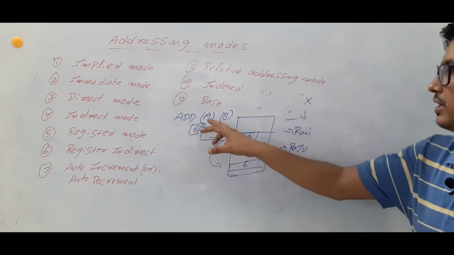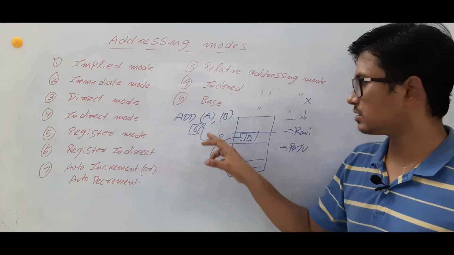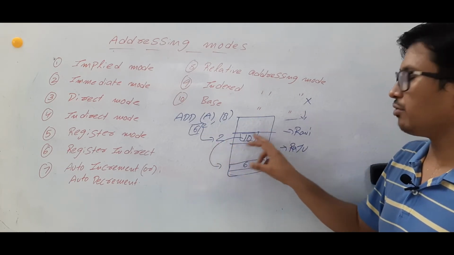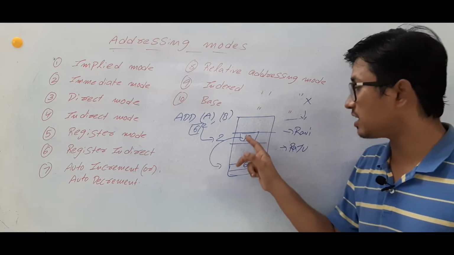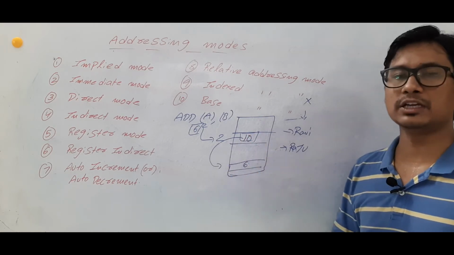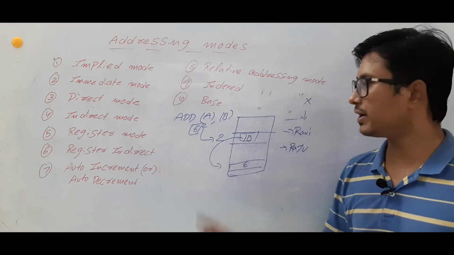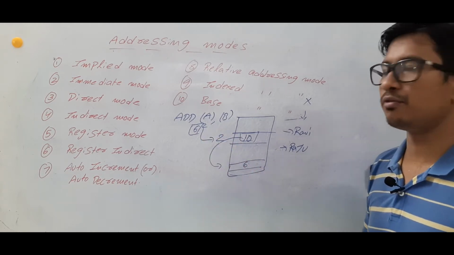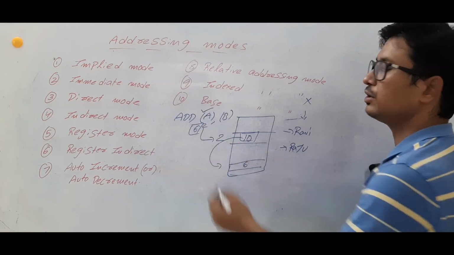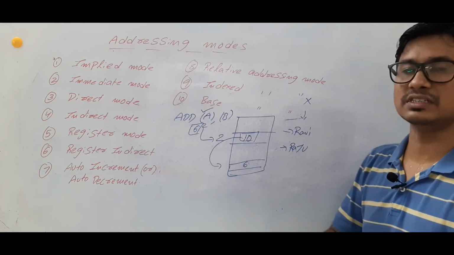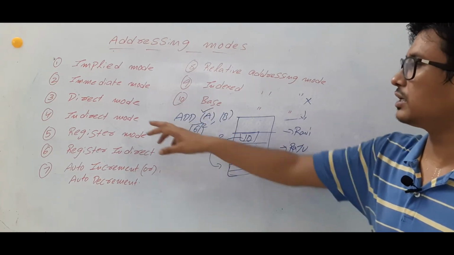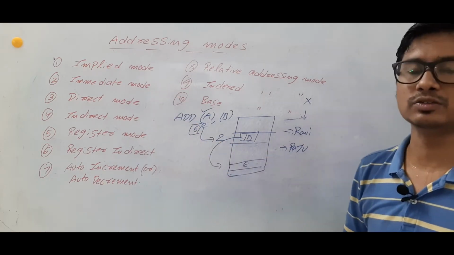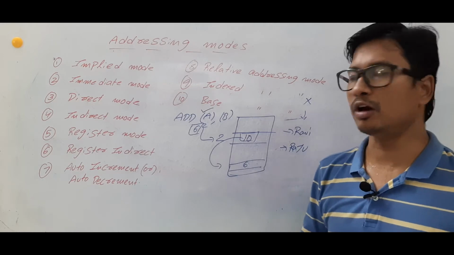So similarly here it will specify some address. You will go to that address location in the main memory, and whatever the value is there, it is not the value. It is the actual address of the operand A. So let's take that in the address location 10, you have the value 6, then the A value is 6 here. Is it clear? So that is about the indirect addressing mode. The best example is the pointers concept in the C programming language.